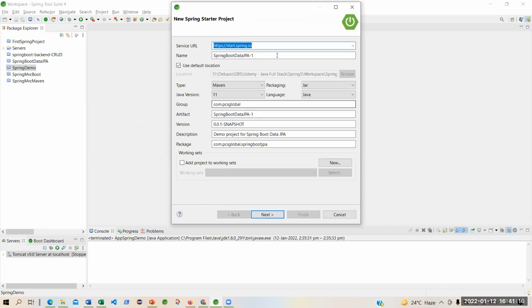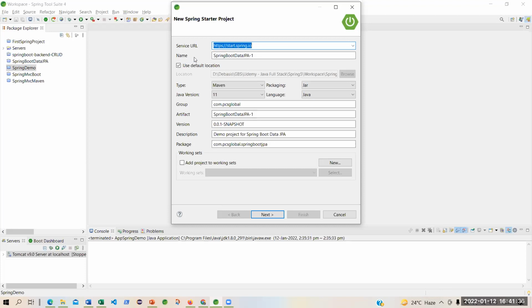And this is the wizard which is going to help me, because that is coming from this IDE called Spring Tool Suite. It is giving me the service URL. Don't worry about this. This is going to help you by giving you all the documentation and everything.